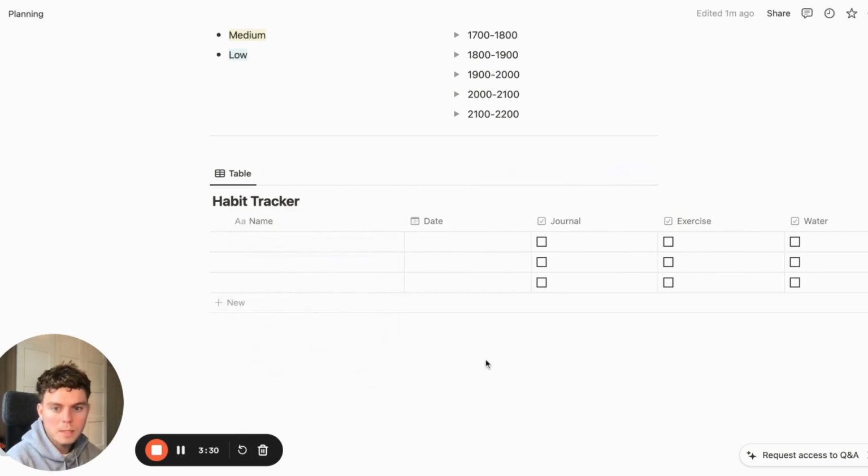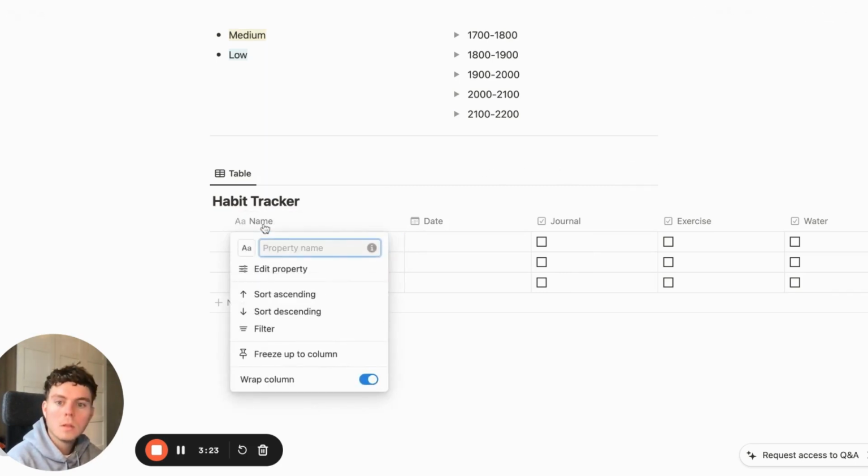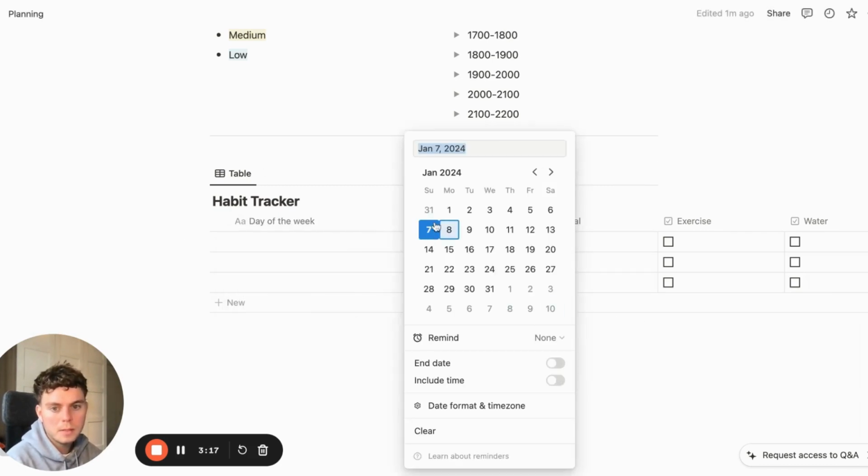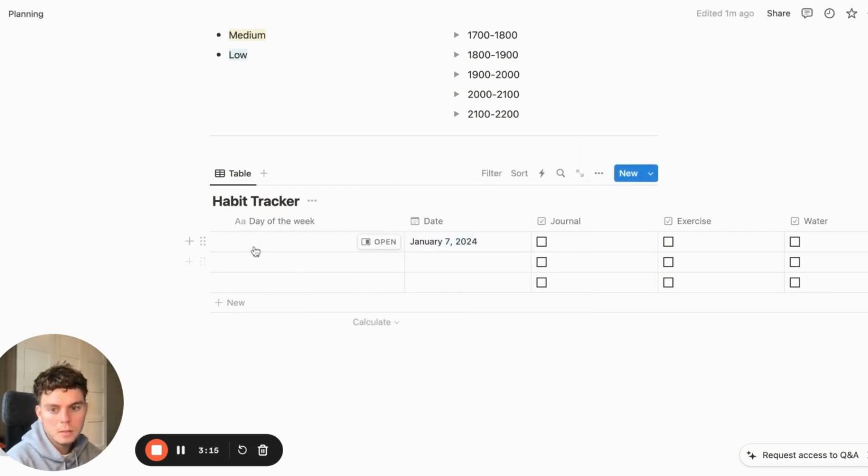And in this way, basically, you can set, for instance, day of the week, and then you can set the date. So now I'm creating this as Sunday, and then you can hold, and then you create like an entire tracking